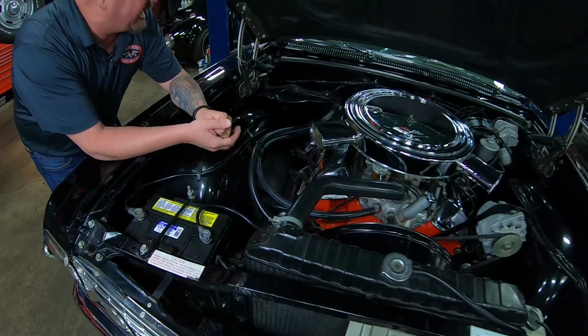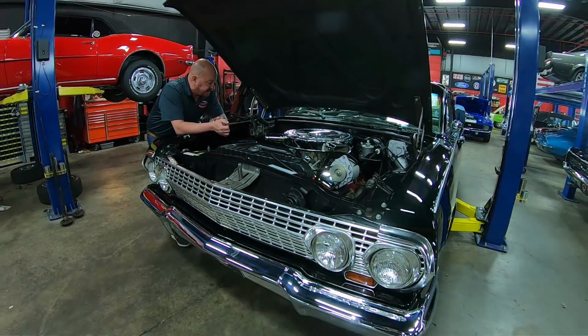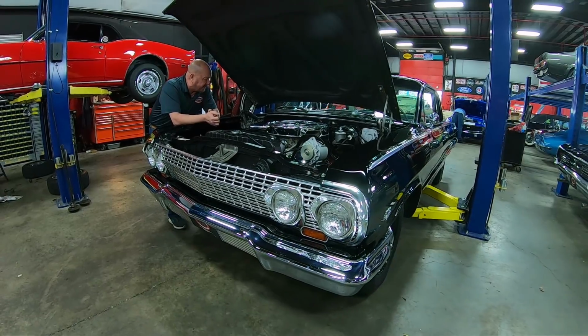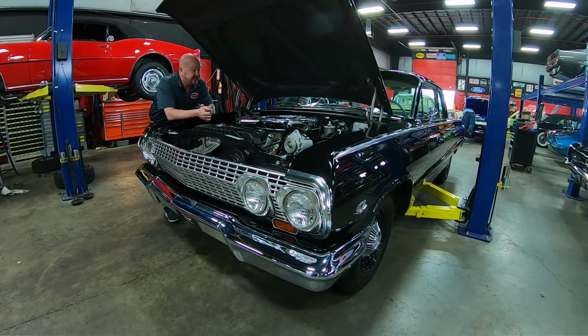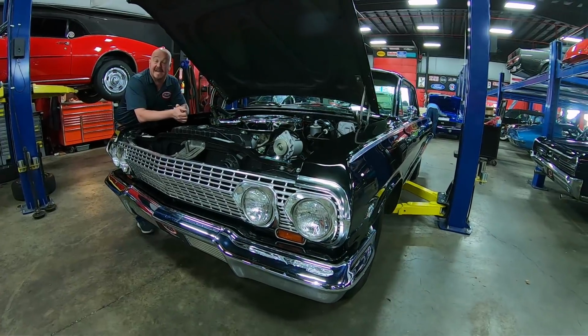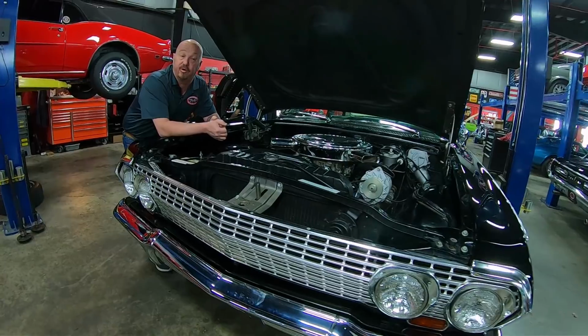I mean, this is an amazing build here, guys. She's a 63. This 348's been built up like a 409. It's got those dual 4s on it. This is one cool car, guys, and it's a 4-speed. She's black and beautiful. Call us,